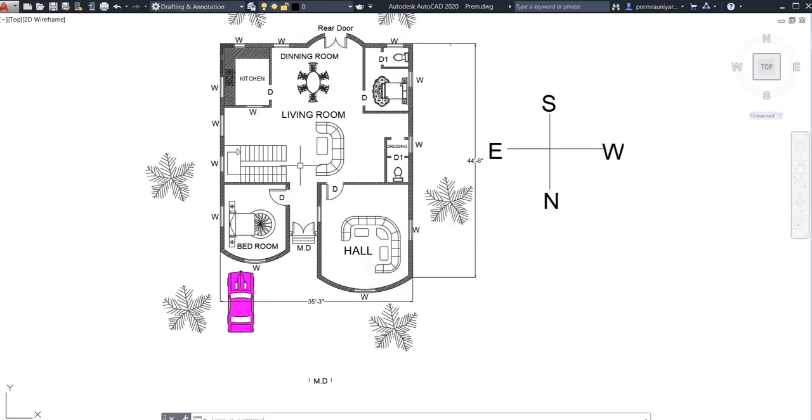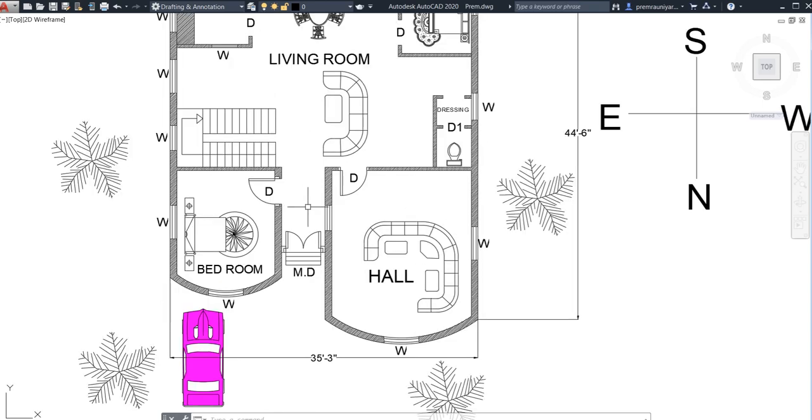See, if your plan, your land, is facing the north direction, in most cases, if you want to follow the Vastu Shastra, first you need to see that your main door should always be on the north side. That will be very good for you.